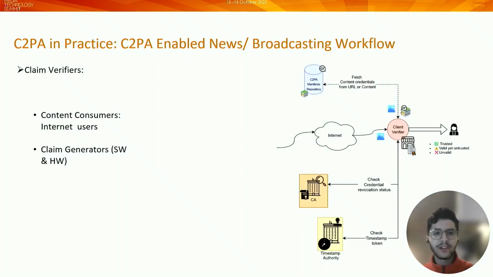Finally, claim verifiers are websites or app components that check content credentials and display provenance information to users. As we have seen previously, claim generators also act as verifiers because they must validate any content they ingest in the workflow chain. If the content credentials are not embedded or were stripped, the verifier fetches the manifest from a